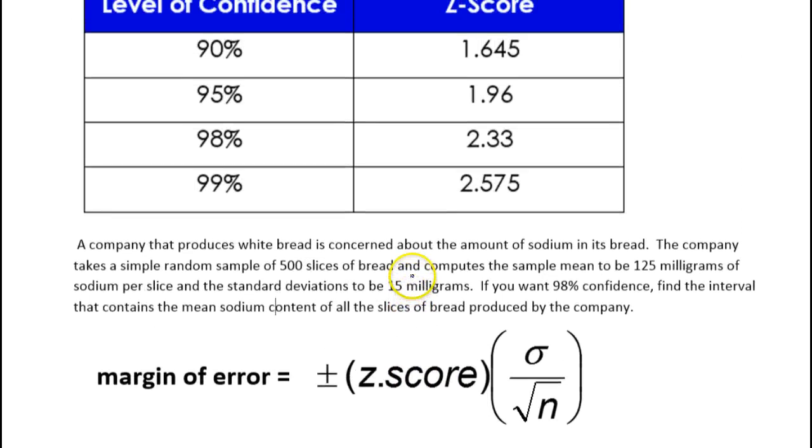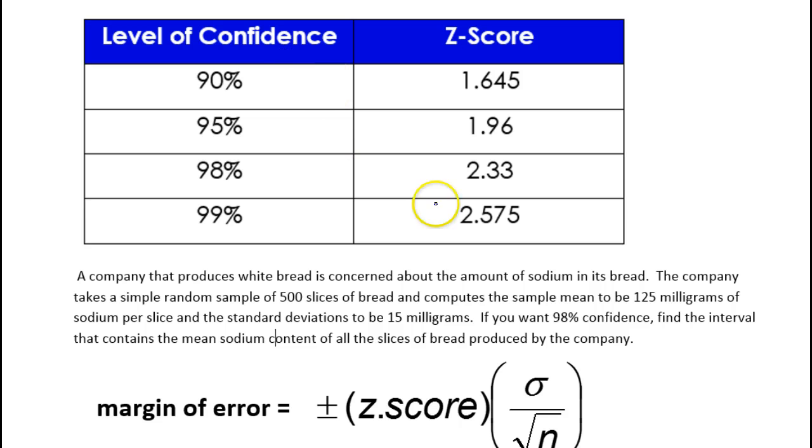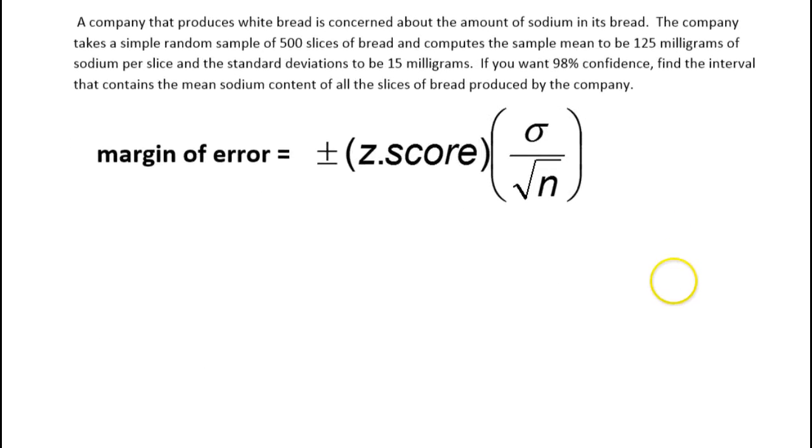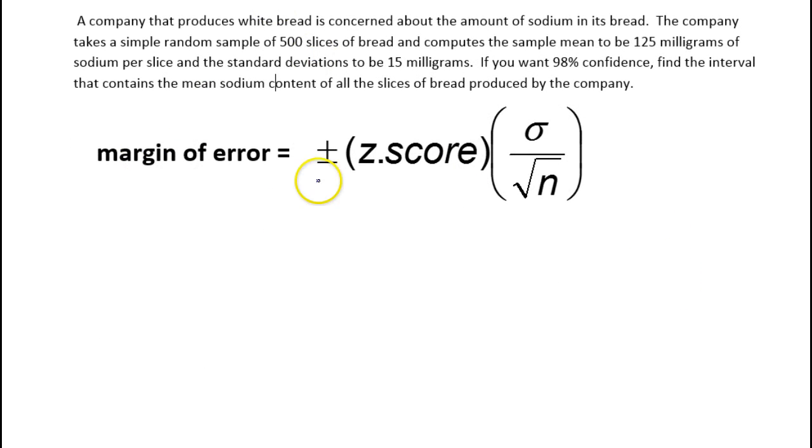So you would be given a chart like this that will tell you the z-score to use for whatever confidence level you're interested in. So we want a 98% confidence level. So there you see the 98. That tells us that we're going to need to use a z-score of 2.33. So that's the first thing we will do as we calculate this margin of error. So we've got plus or minus